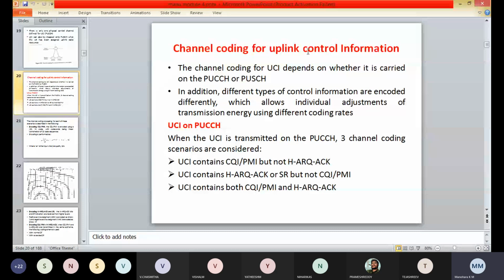The third one is the UCI contains both the CQI or PMI and the HARQ ACK. The channel coding processing for each of these is discussed.